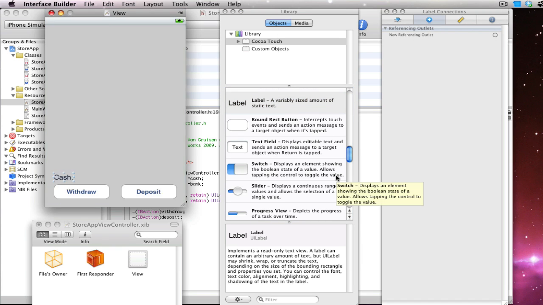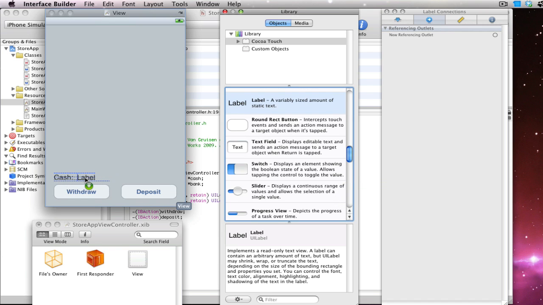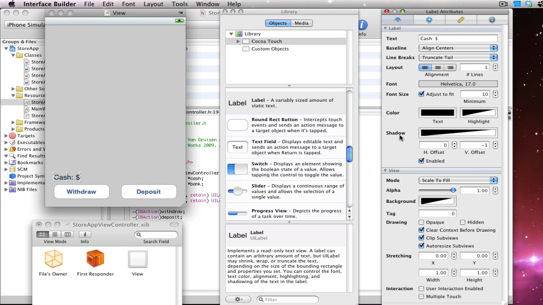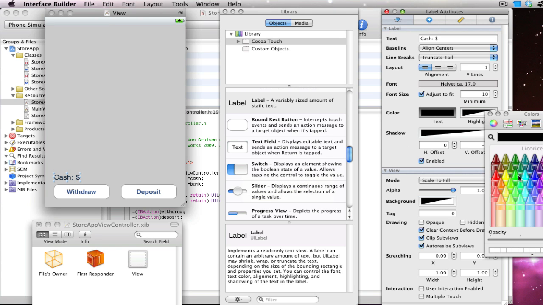cash: and then we can drag out another one, and we'll just call this $ sign. And we can actually just make this one. Let's just make this one. Make our lives easier. So cash space $ sign, and then we're going to color this green because money's green in